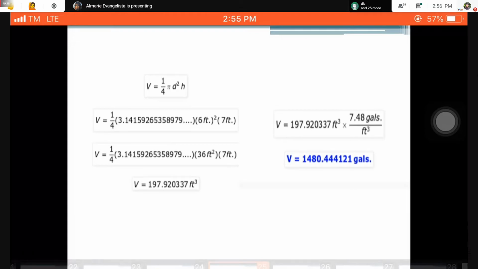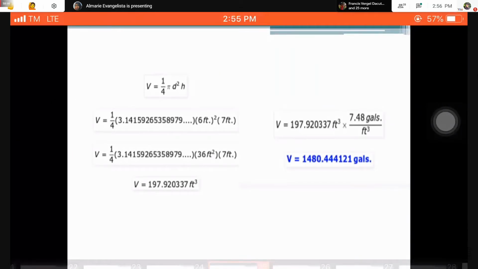So, explain lang natin. Kagaya ng lagi kong sinasabi, ang concept ng volume ng prism and ng cylinder is area lang ng base times height. So, since diameter yung given, ang formula ng volume ng cylinder kapag diameter yung given is 1/4 pi d squared times height. So, ayun, 1/4 times 3.14 times yung diameter natin is 6 feet and times mo siya sa height which is 7 feet. So, ang makukuha natin is